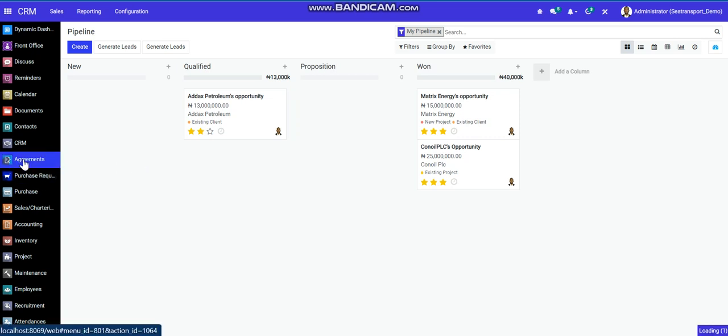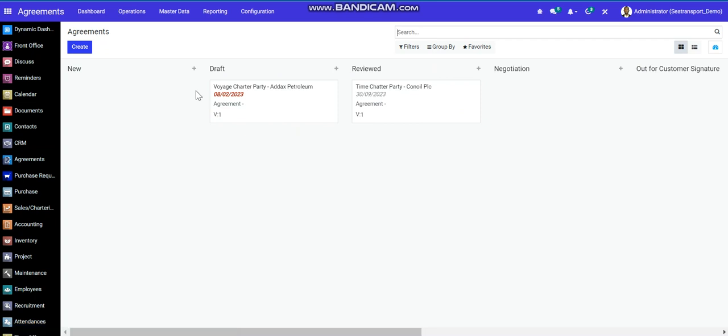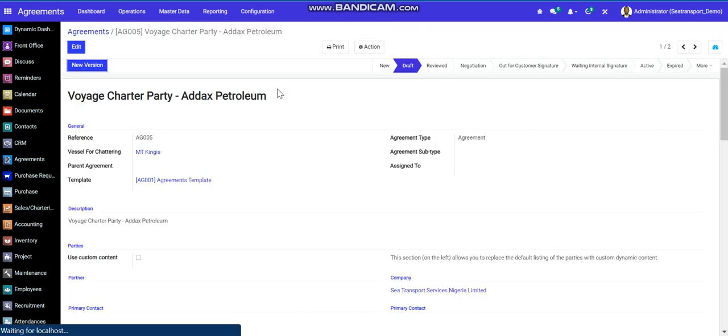Then we have the agreements module that we can use to state the agreement between the company and our business partners. So it can serve as a form of record keeping to keep all the forms of contract or agreement between the company and its business partners, and we can always have newer versions when the content of the agreement changes. So it can move from stages like new, draft, reviewed,